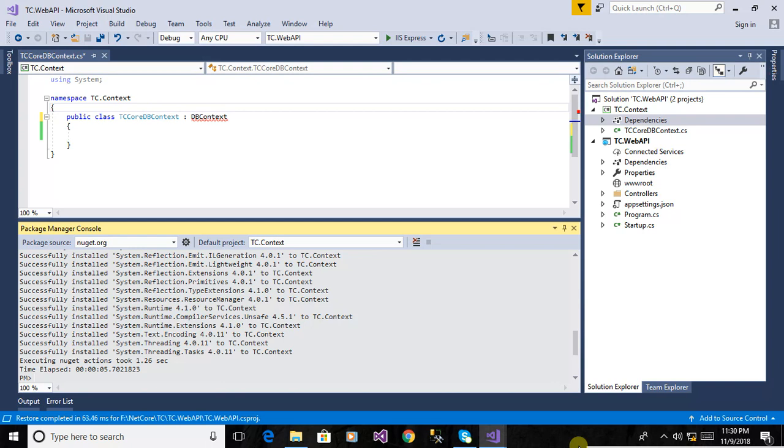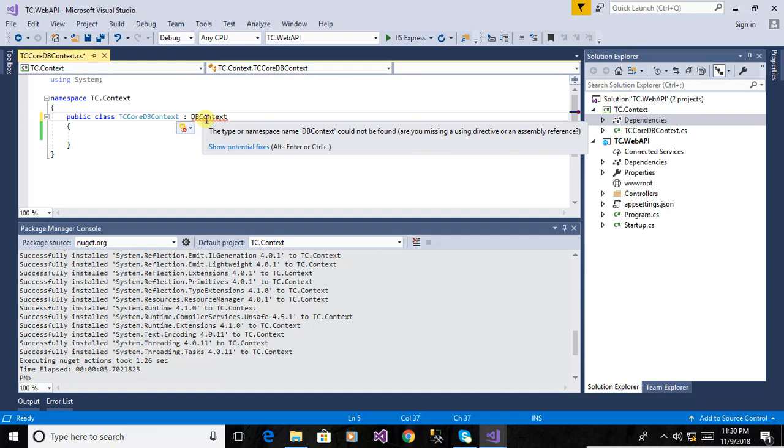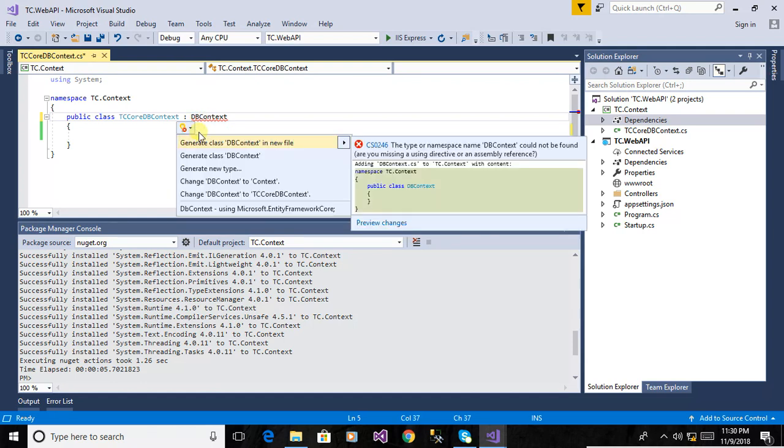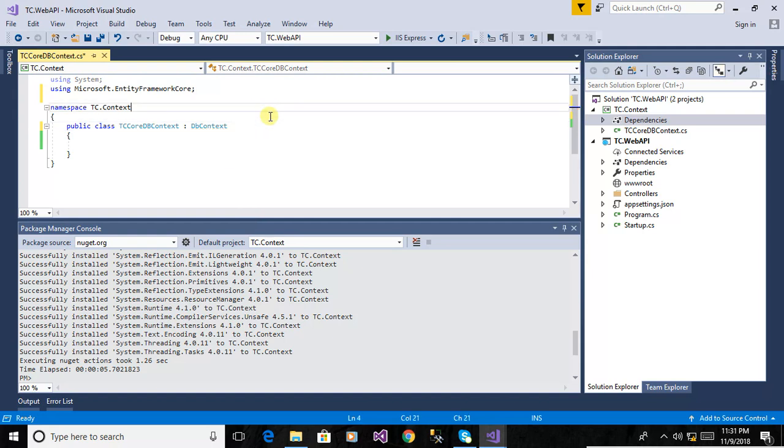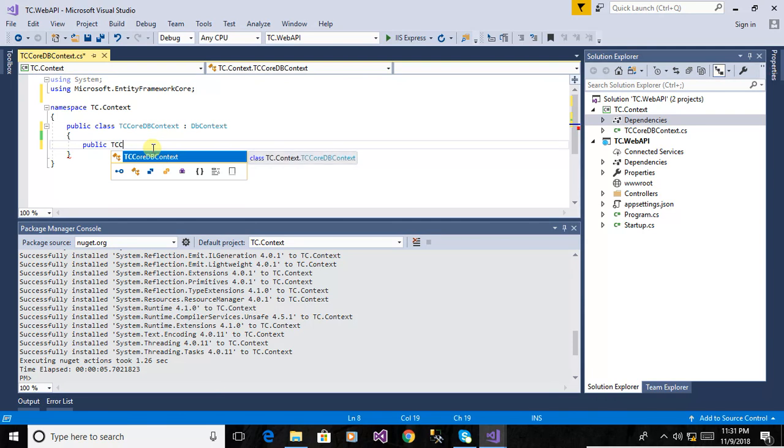Now it's adding the Microsoft.EntityFrameworkCore namespace so that we can use the DbContext. Under that we can write all the schema that can later be used in the application. Now here we are defining TCCoreDBContext,